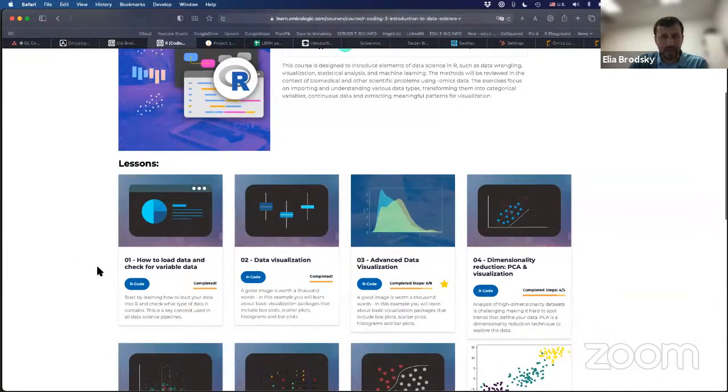One of the things that is always difficult with large, complex data sets is to quickly grasp the type of relevant information that is in the data, not spending a lot of time on an individual feature like a gene, and more looking for general trends. So what I want to show you today briefly is an example from a course on dimensionality reduction, principal component